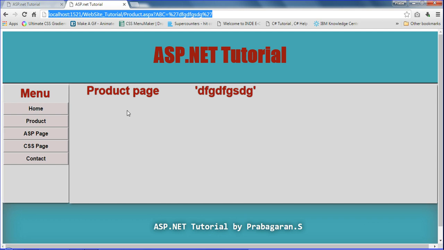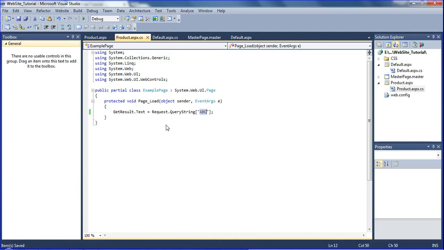So by using this query string request, this method is very important. We can pass text from database to web page also. By using this method we can use it in any website and any program, from database to website, and from one page to another page, you can get the result, and we can pass any data from one form to another form, from database to form, everything.